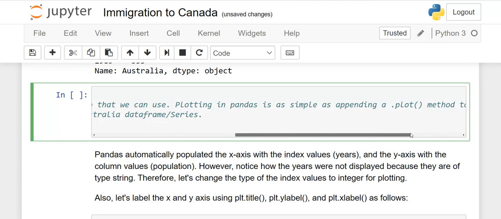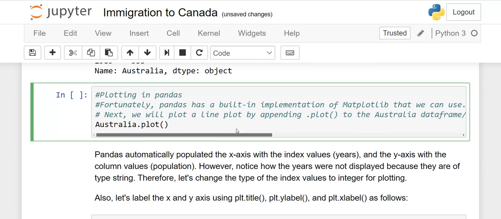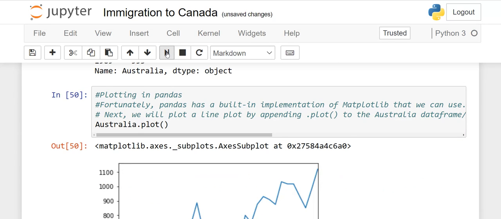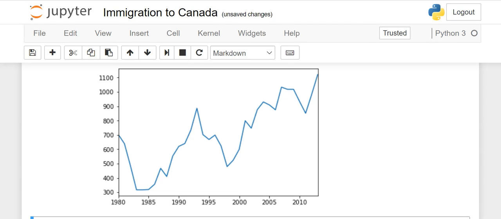You only have to write the dot plot method on the series or data frame. So this is my series. When I run it, you will see the graph is there. These are the years and this is the population. These are the people who were coming. You can see that in 1980, 700 people migrated, then it was decreasing, and then the trend was increasing.